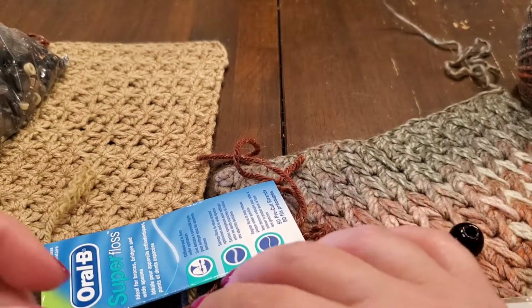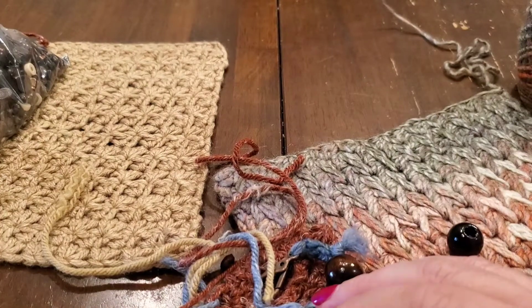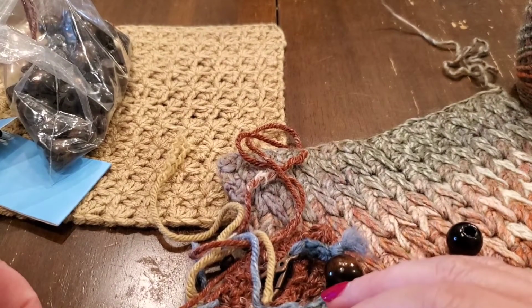I think they make these primarily for people who wear braces to be able to floss in close proximals like I have. It is so hard for me to use regular floss, so those really help out a lot. All right,